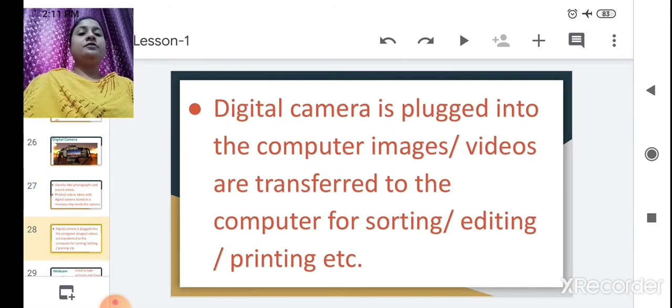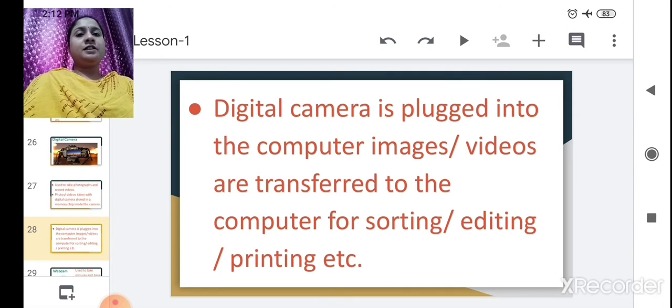Images and videos are transferred to the computer for sorting, editing and printing, etc.